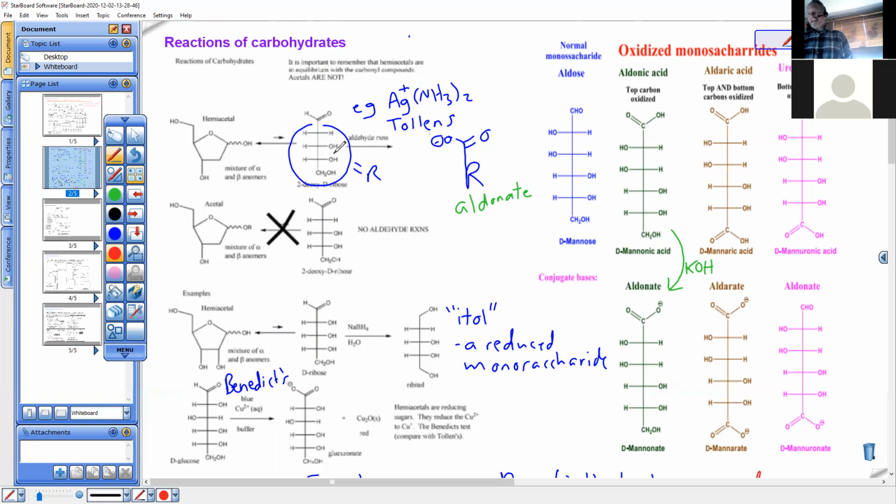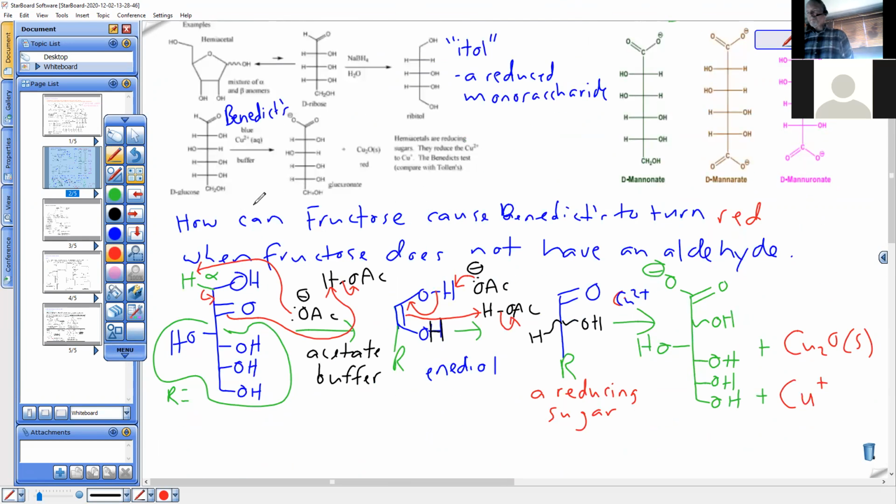Now, if we had a hemiacetal of fructose, this is fructose, it's in equilibrium with its open form, which I drew right here. And these are all equilibrium arrows, by the way. I didn't show them as that, but I should have. It's in equilibrium with an enediol that's in equilibrium with the reducing form of the sugar, which causes the reduction. And you know what Mr. Le Chatelier says